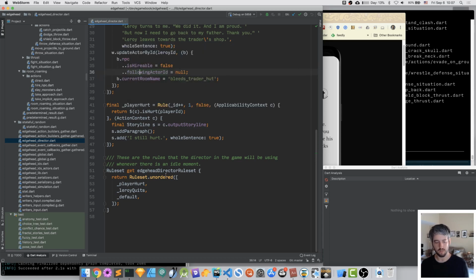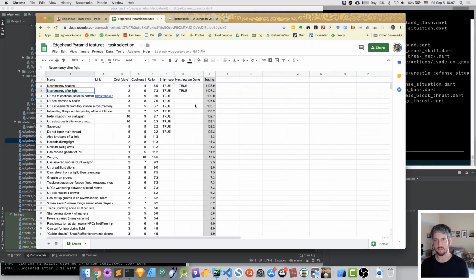This episode, we're going to tackle one of those things. Here's the thing. I'm a big believer that one of the hardest and most important parts of any kind of development is task selection. What do I work on next? It's very hard because, especially in game development, you can do anything, and you can spend terrible amounts of time doing things that are cool, but maybe are not the best use of your time. There's a talk at GDC that I really love from the creator of